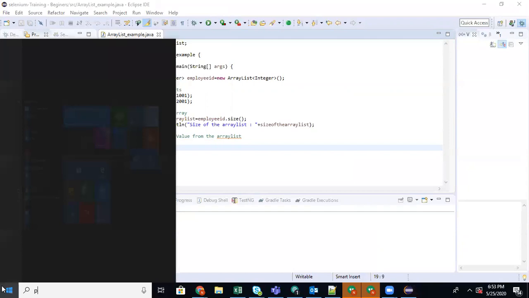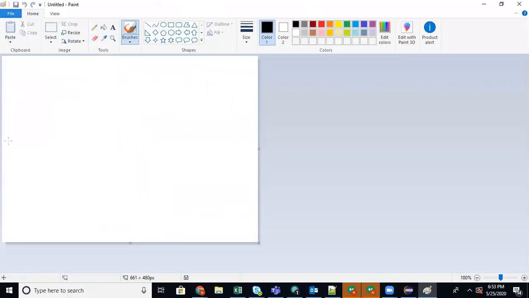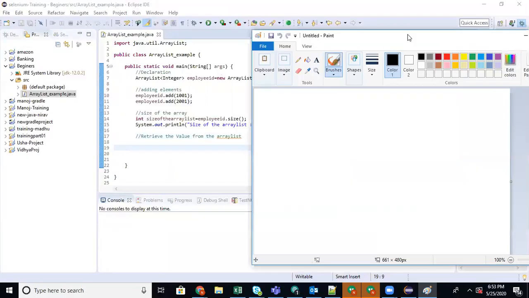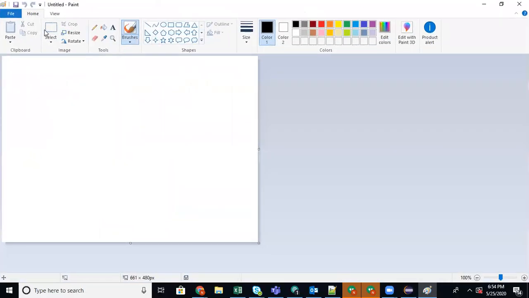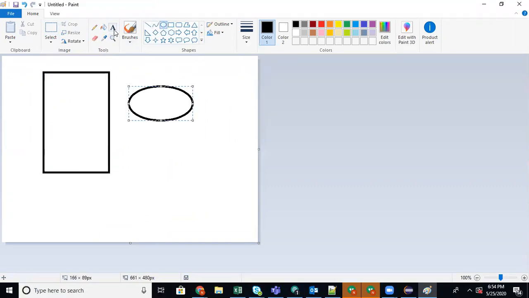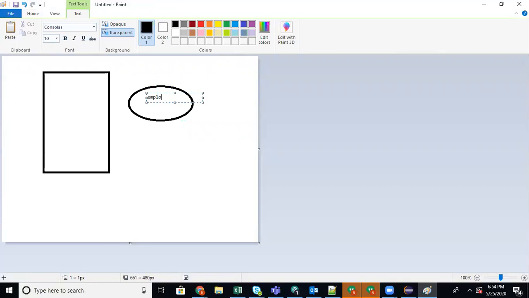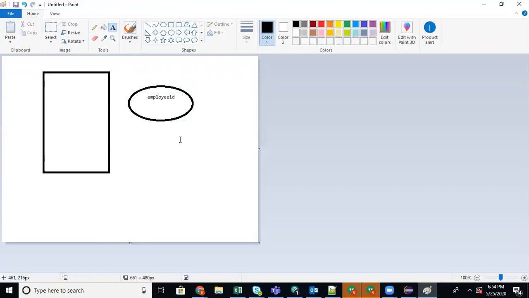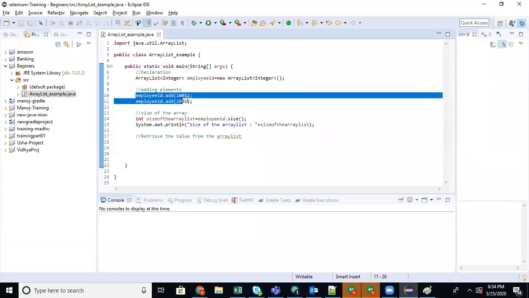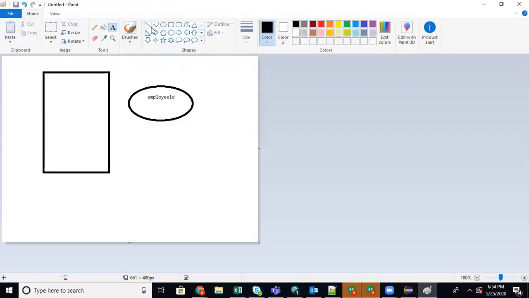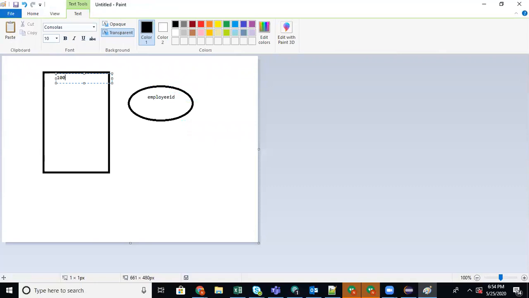For that, we have to know how it is saved dynamically. Like variable creation and array creation, first it will create an employeeID memory location. It will create one box with the name employeeID, which initially has no racks. Next, when it is adding an element, when there is only one, it will save one only, 1001.